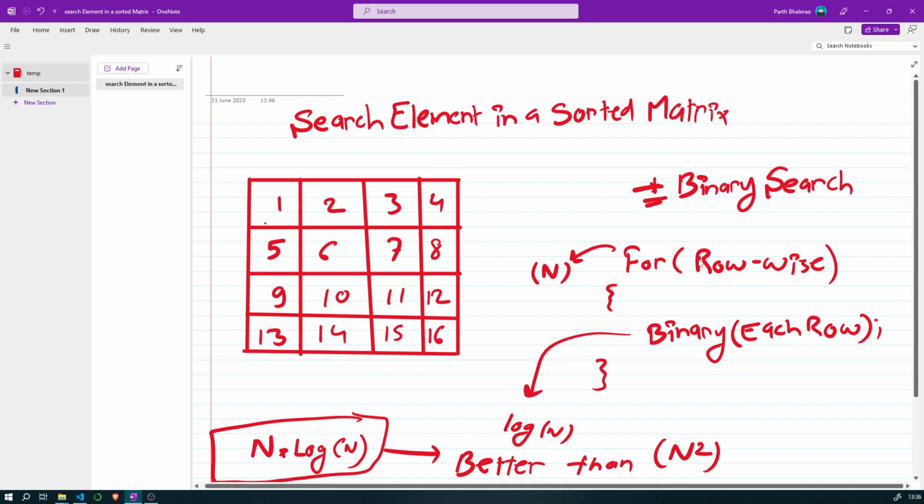The outer loop traverses row wise, and inside it we apply binary search to each row. Binary search is log n and the loop is order of n, so total time complexity is n log n, which is better than order of n square.